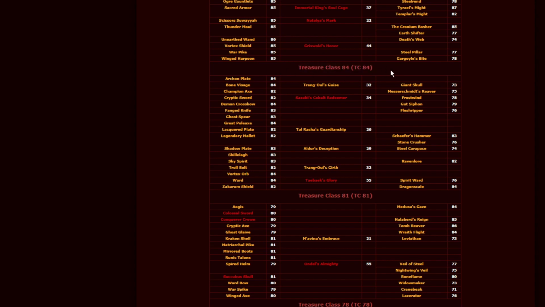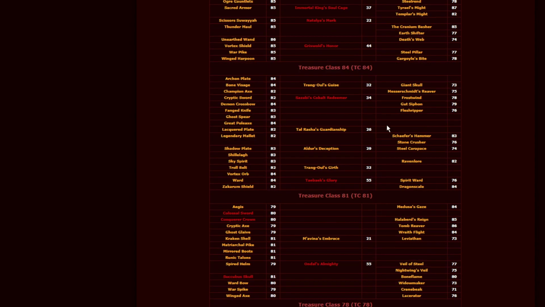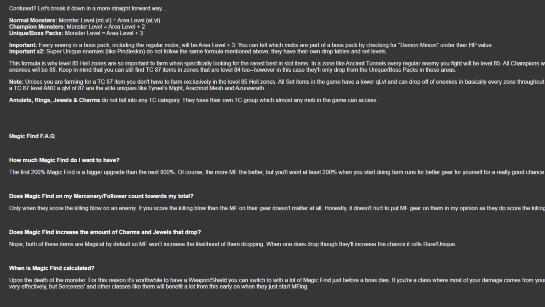Every TC84 has the possibility to drop any loot from level 84 and below. So basically you can just check what you're looking for, and then to find it, you can farm the level 85 zones or below. Alright, important: